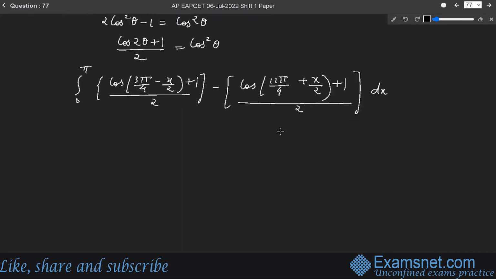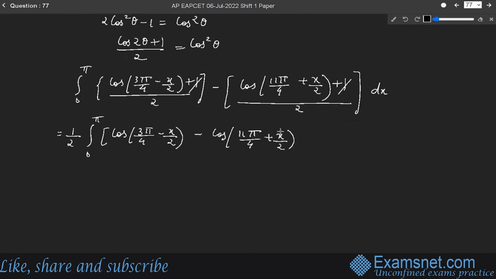Here, this 1 and 1 will be cancelled. So it will be equals to 1 by 2, taking 1 by 2 outside because it is a constant. Integral of 0 to pi cos 3 pi by 4 minus x by 2 minus cos 11 pi by 4 plus x by 2 dx. So